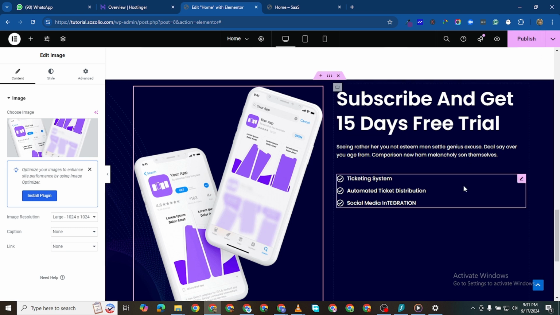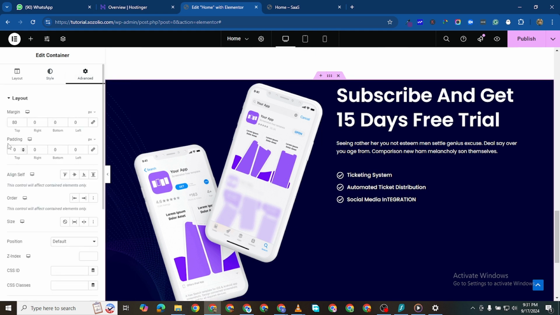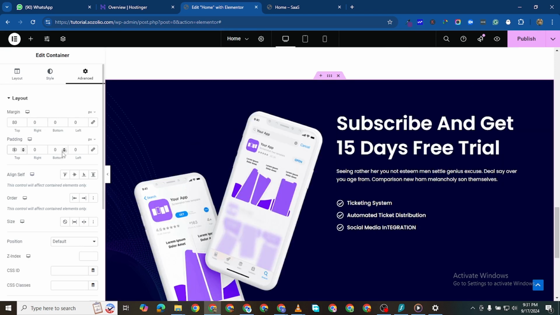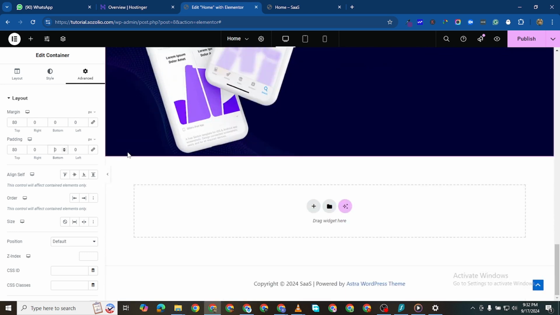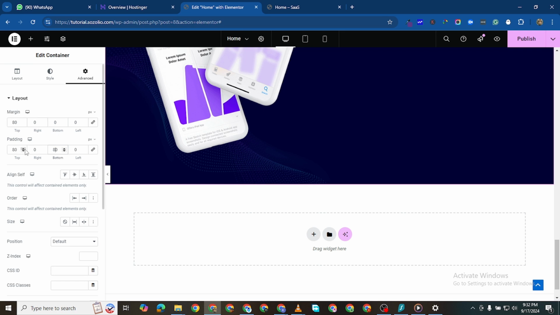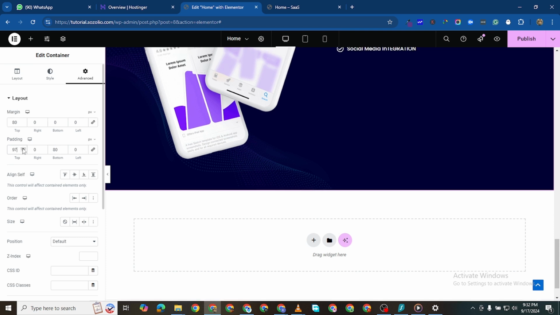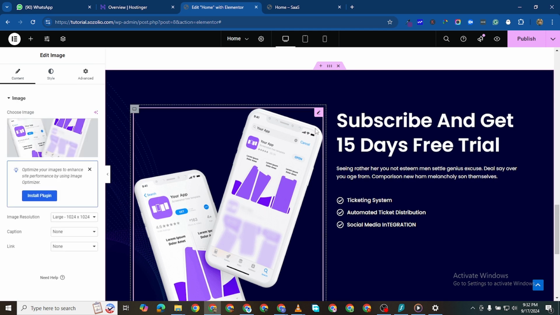I will insert this, and I want to give this a top margin of, let's say, 80, and bottom margin 80. I can increase the top margin to 100. So that is that. And I can also reduce the size of this image. First of all, I want to see how it looks